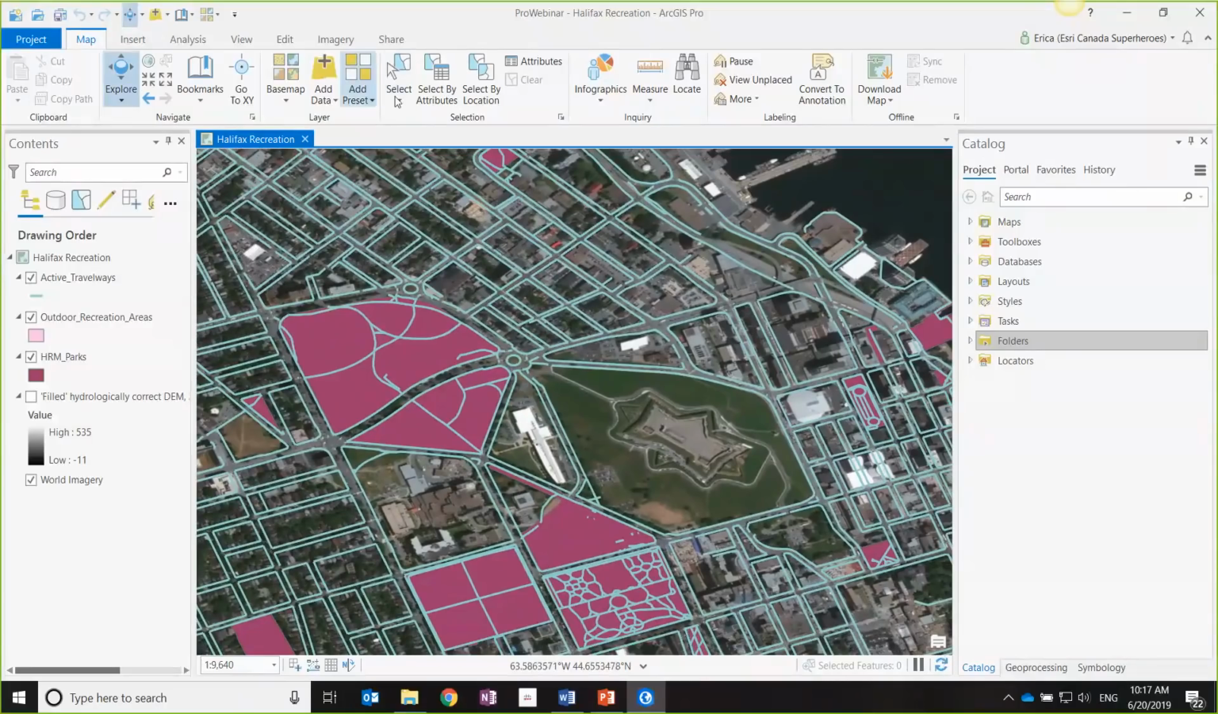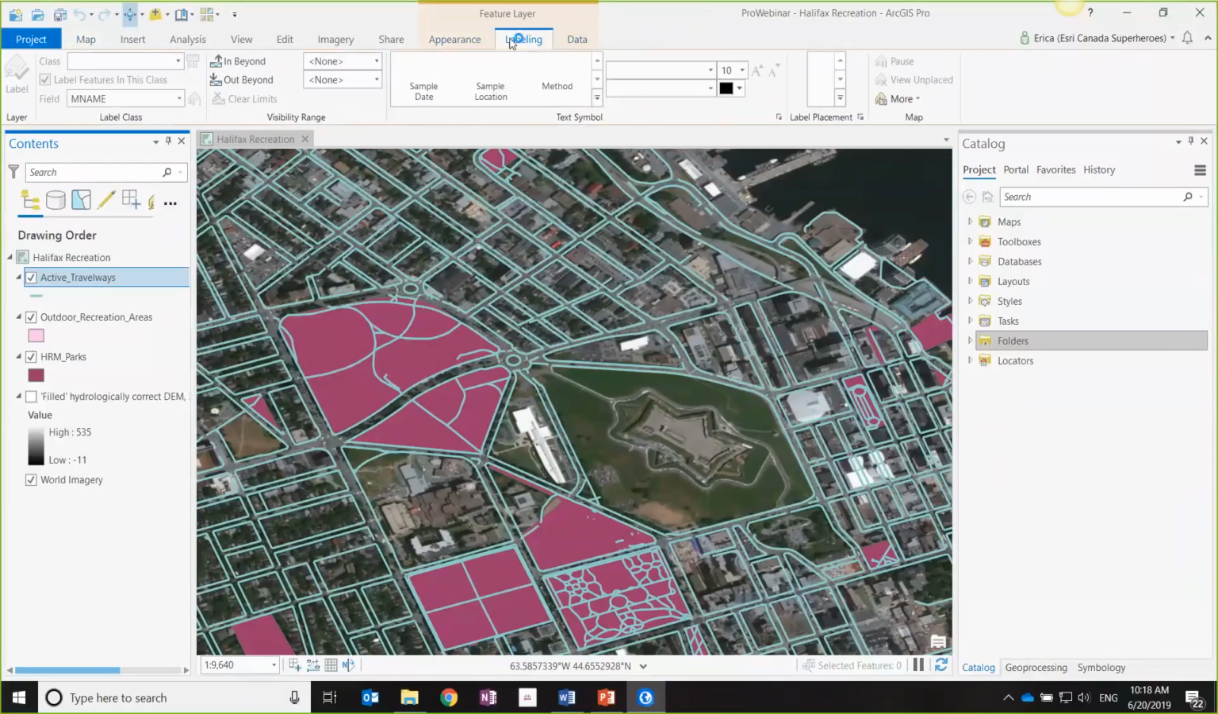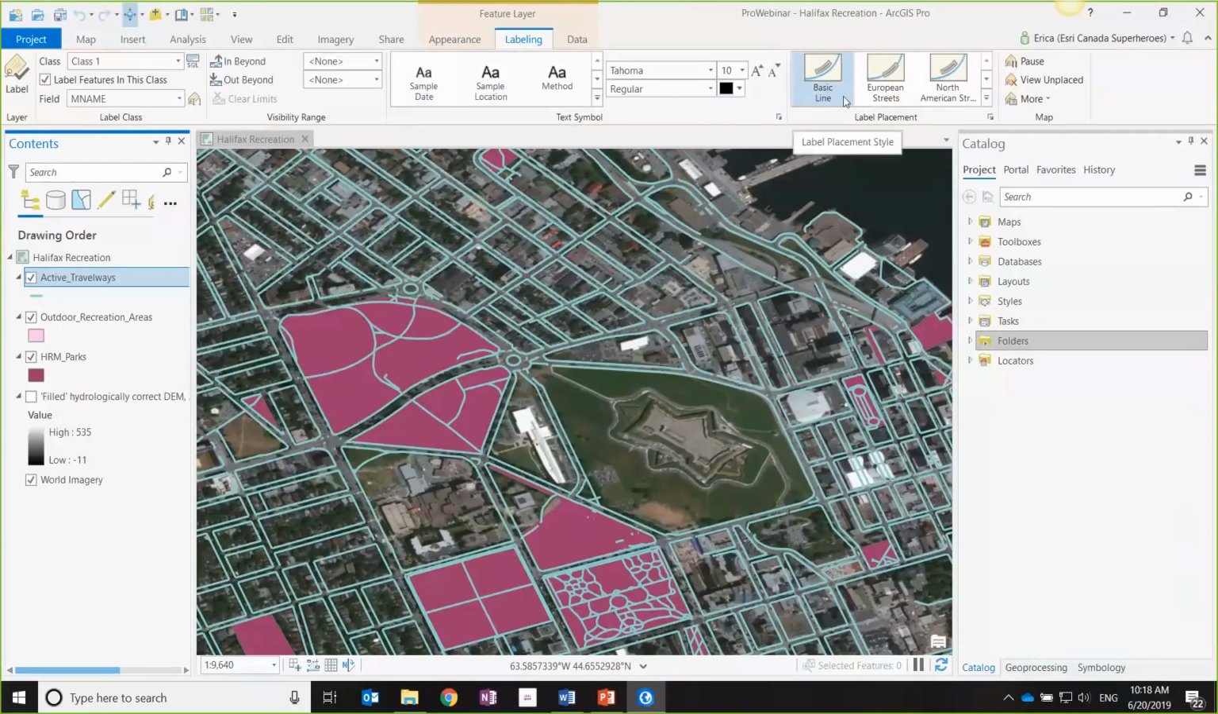So one thing to note really about the interface is that Pro does not have toolbars like ArcMap. So the functionality is all in the tabs and some context views. So if I click on a layer here, I have a vector line of active travelways in Halifax. I'm not sure if you noticed, but a few extra tabs appeared up here in the ribbon. So if I look up here, maybe I'll click on labeling, I can see that it's giving me options for a line feature class up here. If I change it to a polygon, the ribbon changes contextually. If I change this to